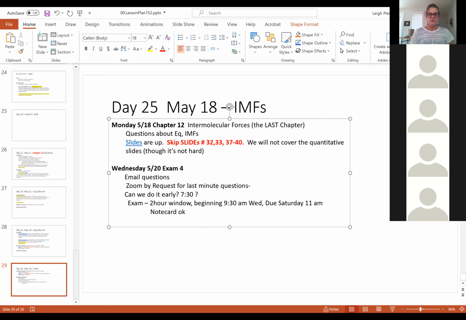What other details do we have? Well, it'll be the same thing where you complete your answers in Canvas and then you upload in Canvas quiz in the 2-hour window, and then upload your work afterwards.